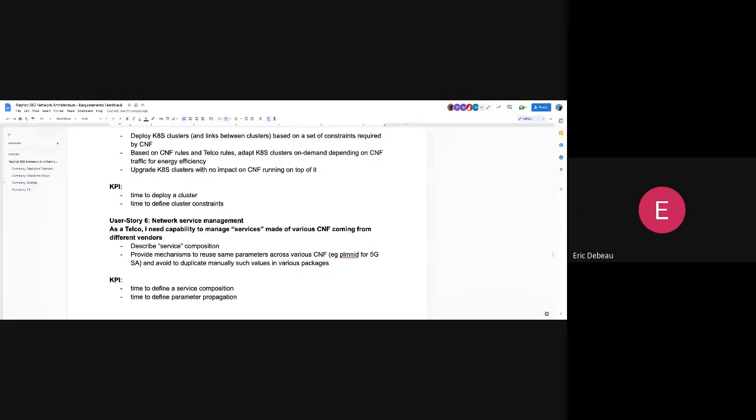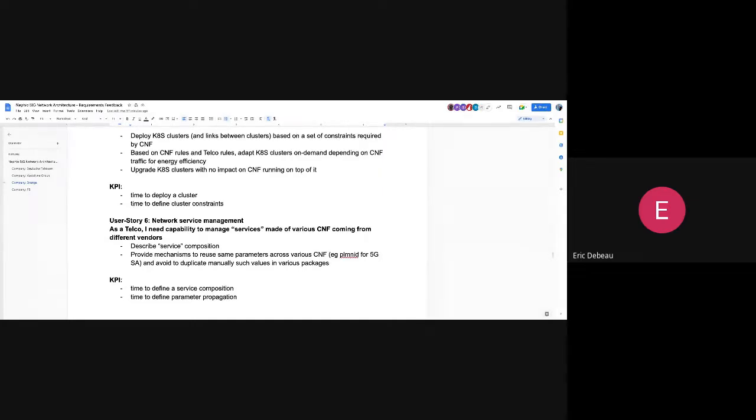Typically, if I'm using all these 5G network functions, most of them are using some similar parameters, and we would like to have some solution to facilitate the consistency between these different values.